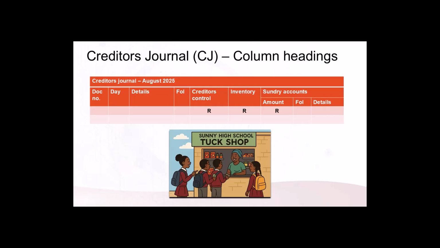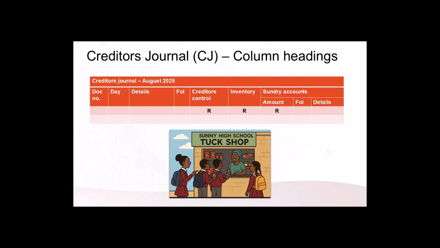Your creditor's journal usually has these columns: a date column, when the transaction happened; details, the name of the supplier, such as Skozana Wholesalers; a document number, the invoice number from the supplier; a creditor's control column, where we will record the total amount we owe the supplier, so the VAT inclusive amount;